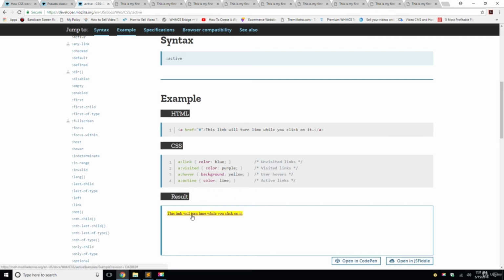So let's click on it. There you go. So it turns lime. And then when it was visited, it turns purple. So those are different states and different pseudo selectors that you can use. We're going to be using